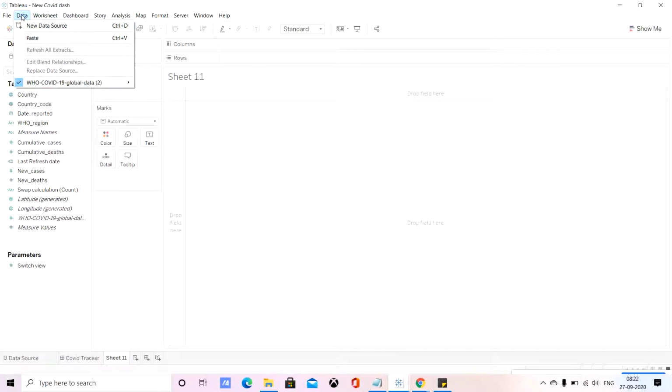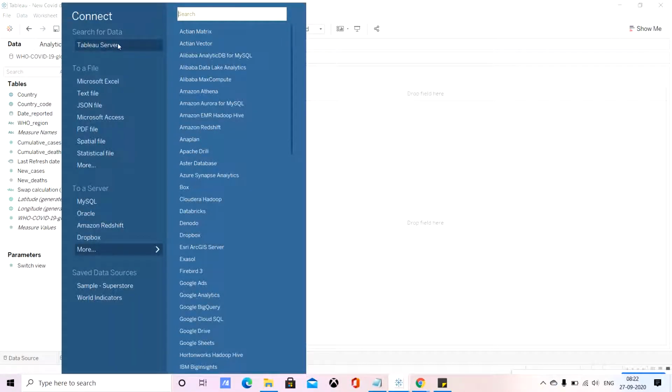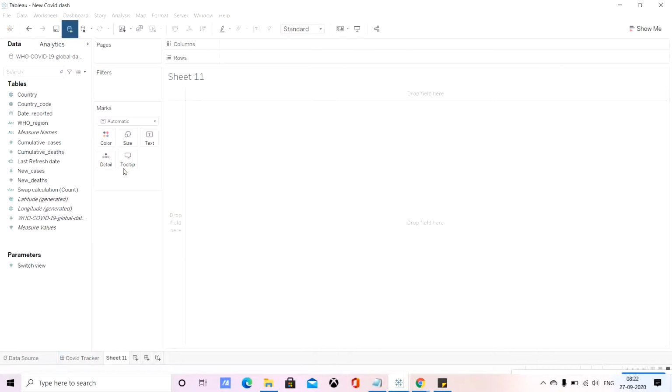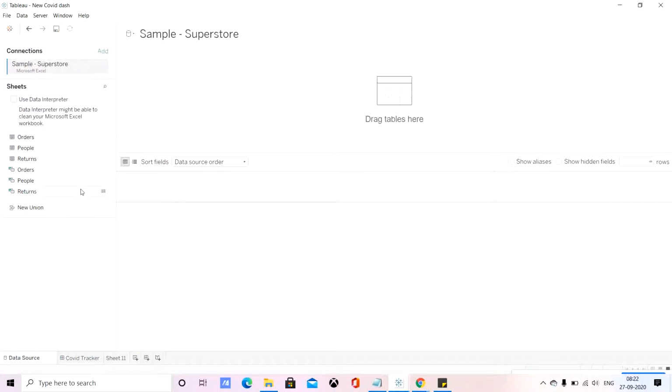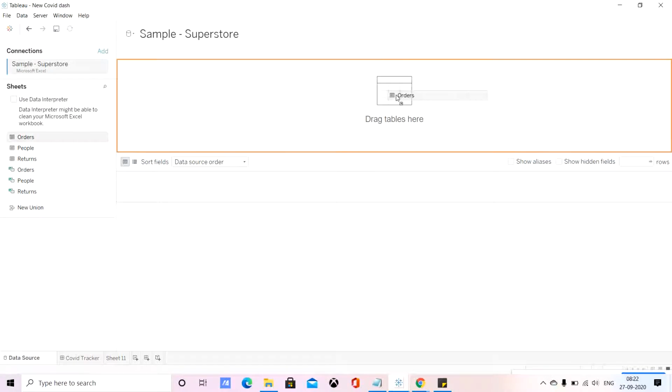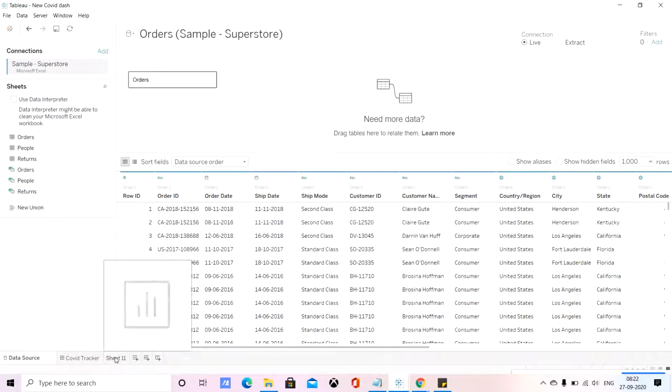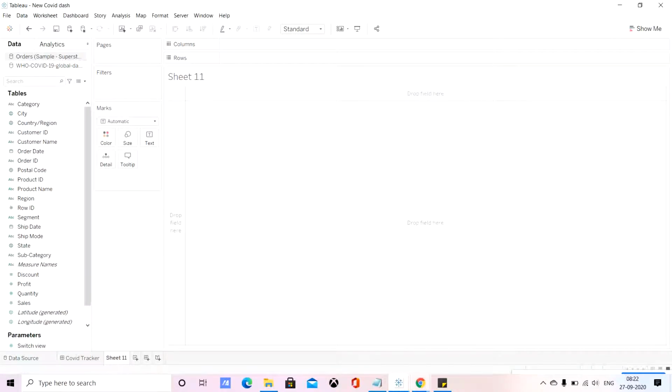To do that, I have to create another data source, because this is my COVID data source. So I can do it right from the sheet itself, and I can click Microsoft Excel, because the data is sitting in Excel, and then I load this, and now the data source opens. Here I can just drag the order field which I need,